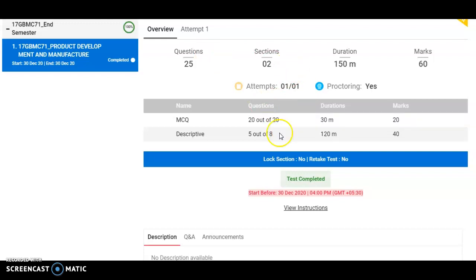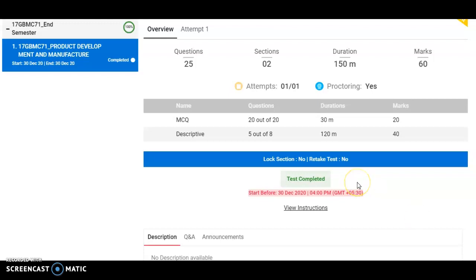Out of the 4 options you have to choose any one of the options. After choosing the answer you have to press next. Then the second question will come. Below the second question options will be there. You have to choose the answer. Then you have to press next. Then the third question will come. Below the third question you can find options. Likewise you have to give the answers for the multi-choice questions.